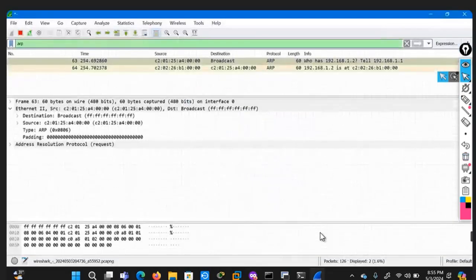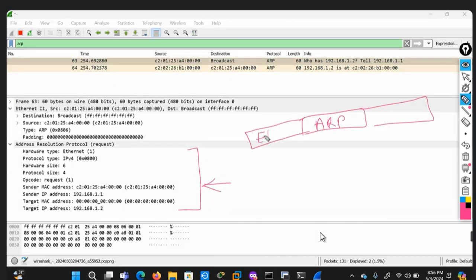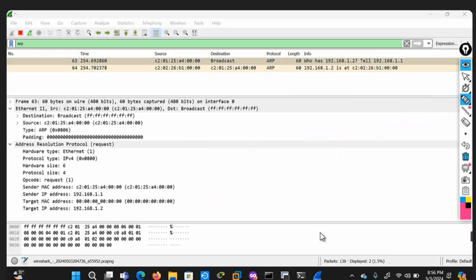So let's go into Wireshark and start to see what is inside the ARP packet. This is the ARP. We need to understand these things. This is the packet where the fields are the ARP. These are the information inside the ARP packet. This is the most important thing you need to understand. Ethernet header, Ethernet trailer. What is the difference between the FFF and 000? You need to understand this, okay? We are going to learn these things. In the ARP packet, this information is available. We are going to study these step by step.